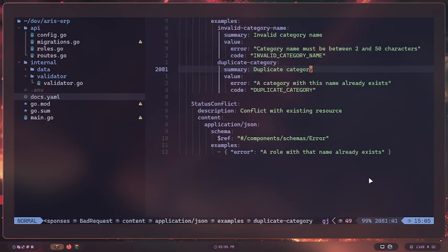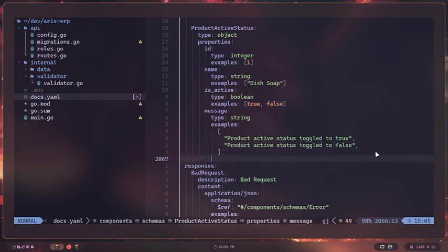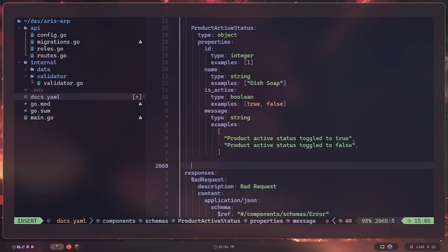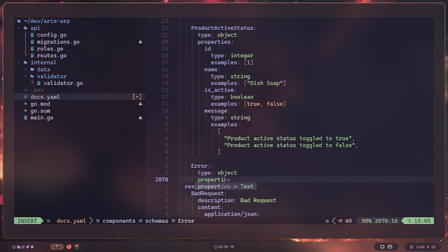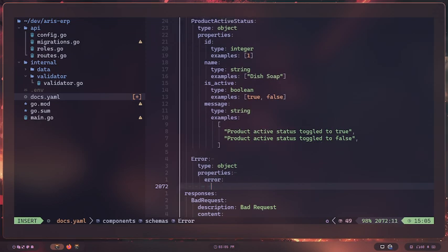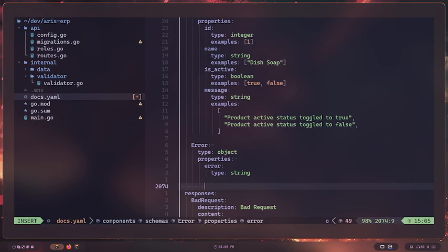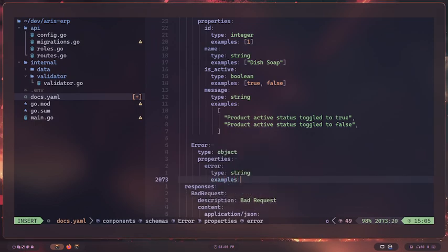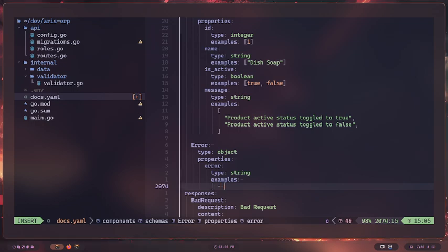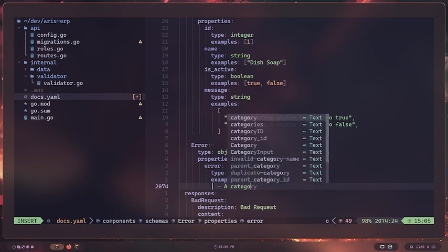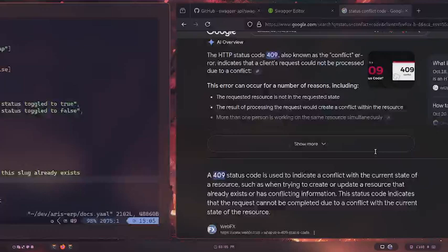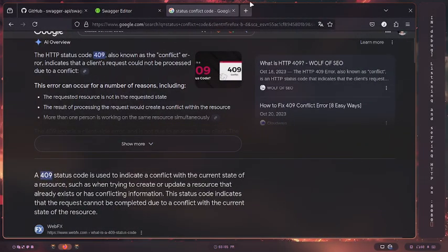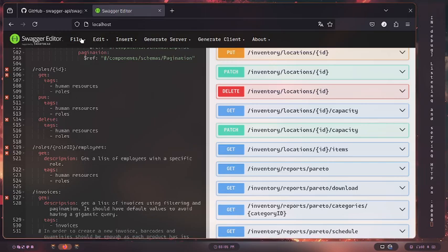It should be something like that. And if I load this again in my Swagger editor, you'll be able to see